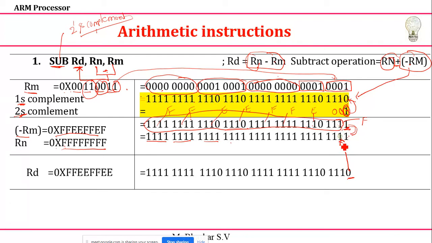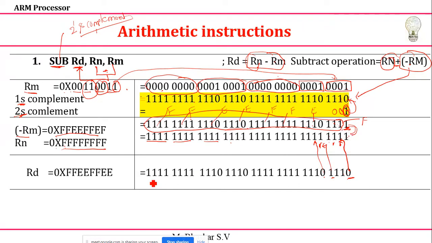Next, 1 plus 1 plus 1 is 1 and the carry will come as 1. Again this process will be repeated. When we come to here, 1 plus 1 plus 1 comes to 1, and here it will add carry 1 for this one. Next 1 plus 1 means I'll get 0, so the carry will come to the next one. So repeat the process. Similarly you do the addition. This is a simple binary addition.